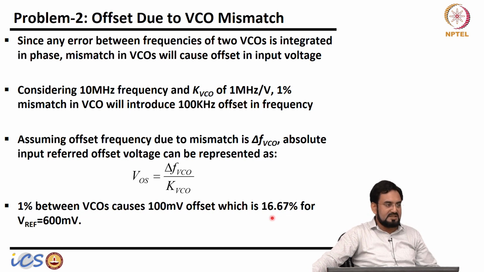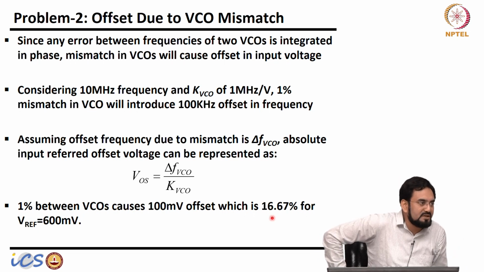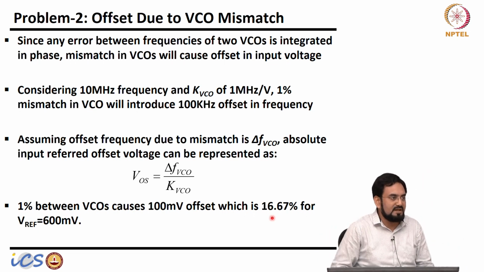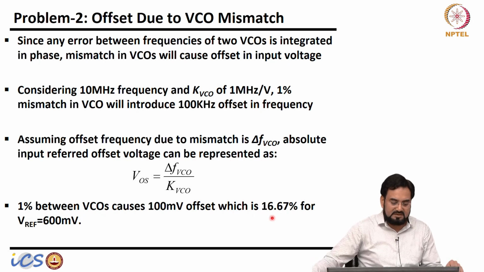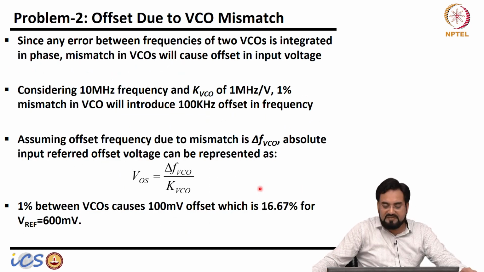So, it's still very large actually. We know bandgap can give a maximum of 1.2 volt, and if I am operating at 1 volt or 1.2 volt, I am forced to use a lower Vref. I cannot use 1.2 volt and get a 1 volt output in the regulator, that is impossible. So, that is why most of the time we use a lower Vref, and a lower Vref will translate into more offset, because we have a gain here, beta factor. So, how do we fix this?